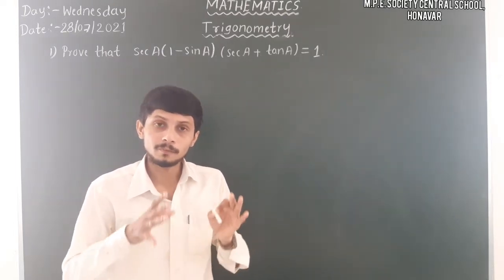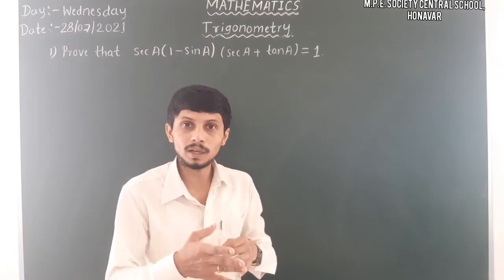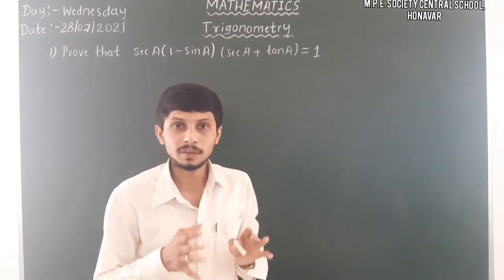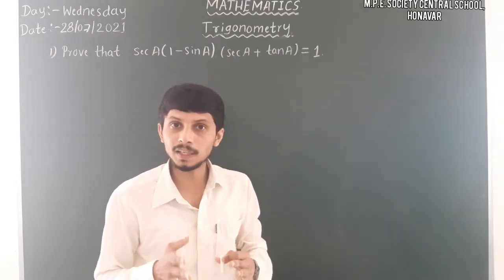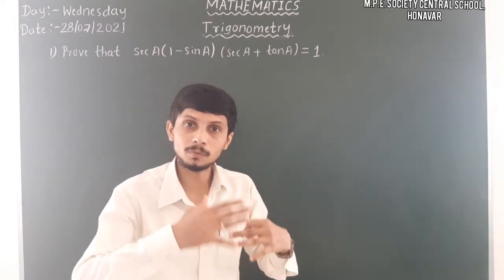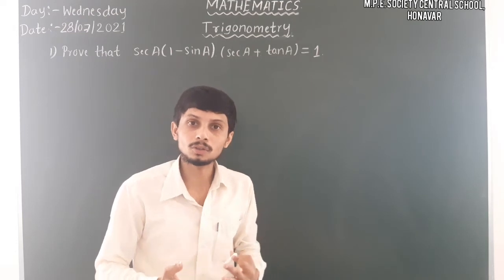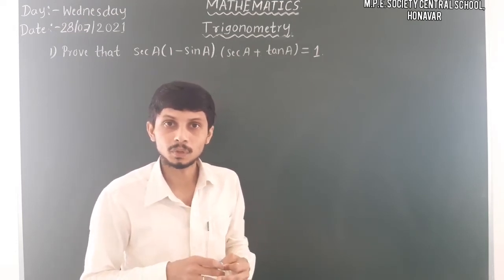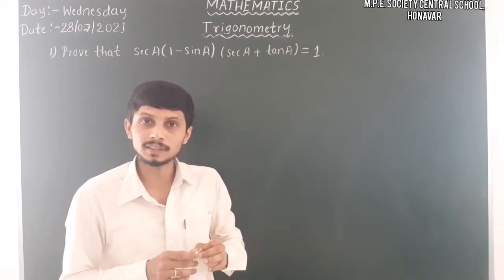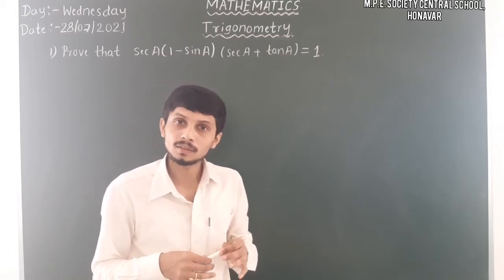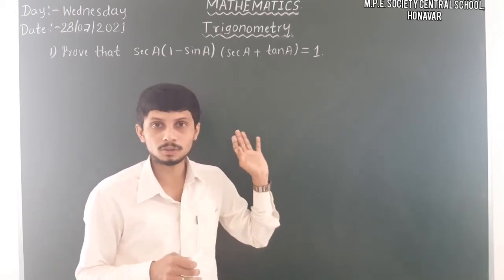So that means when you have an equation and want to prove one side, we have to think at the beginning which form we have to convert into which form. According to the question it changes. We will discuss that after taking some more questions. So let us solve this question here.